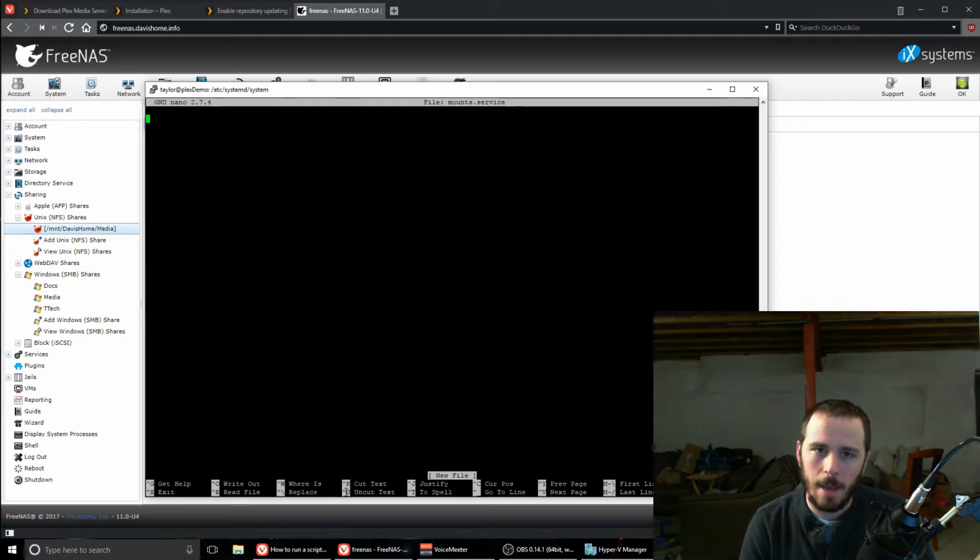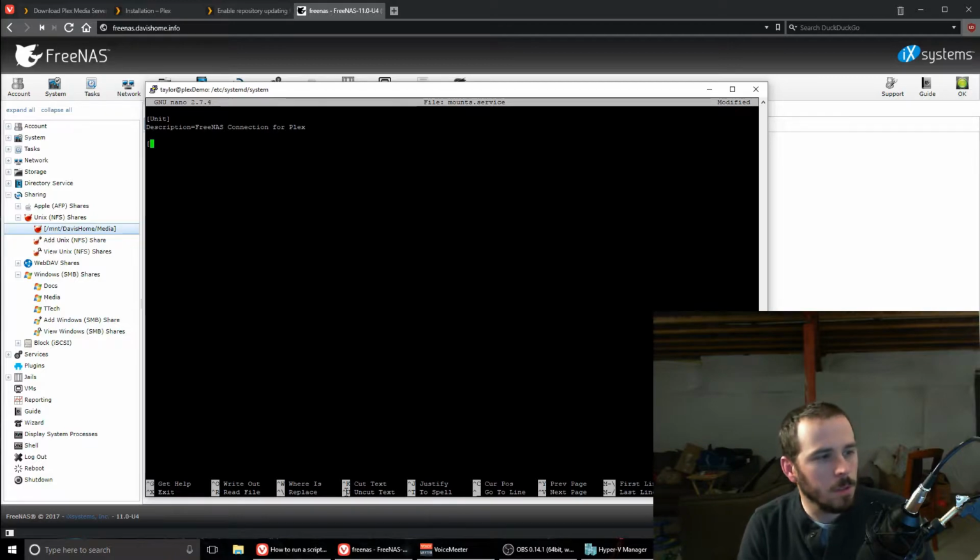And then basically there are 3 sections we need to add. We need to add a unit section, a service section, and an install section. So unit, description equals FreeNAS connection for Plex,